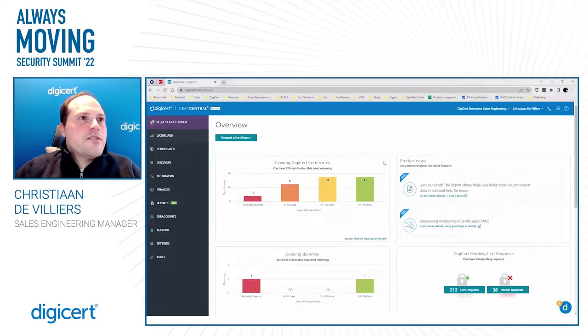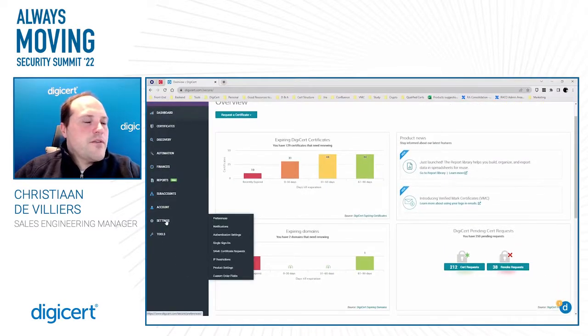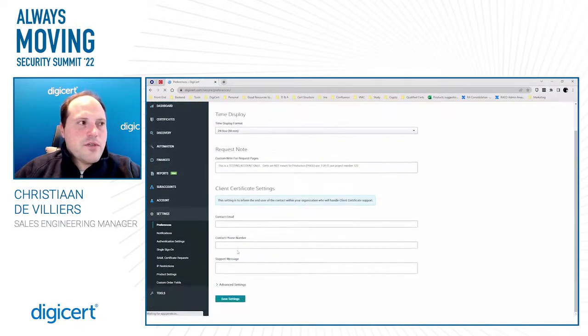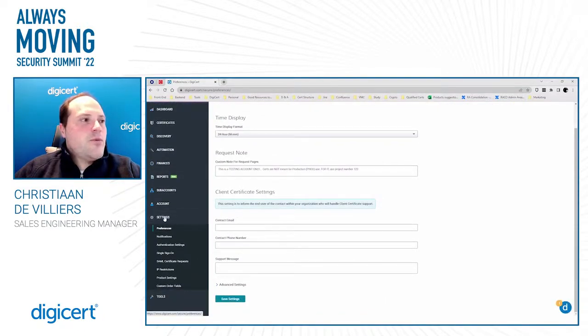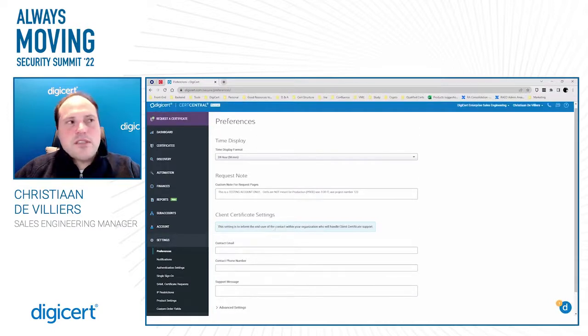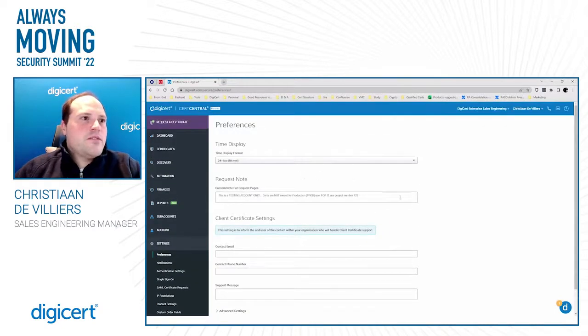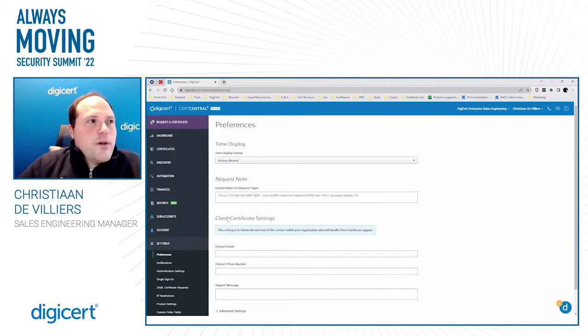So looking at Search Central, the first thing that we want to do is to take note of the fact that Search Central's settings is managed by only those particular users that have privileges to do so. So this tab would not appear for, for instance, a standard user or even a manager. This is an administrative function. And the reason for that is because there is a large number of different items that you can configure with